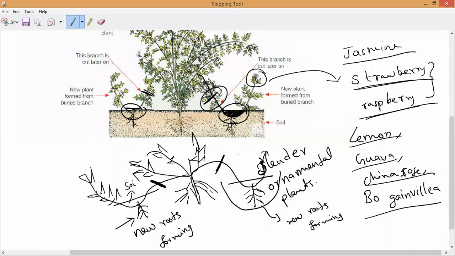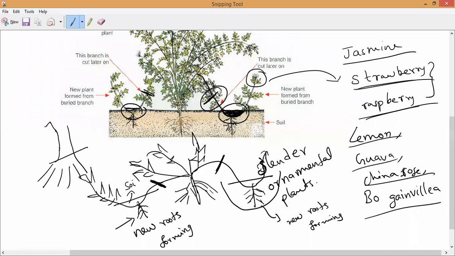Now, if in the exam a simple definition or a simple diagram comes, on how to draw layering, you just take some plant and draw it in the ground. No need to struggle much; nobody will raise any objection. So now this is the plan.